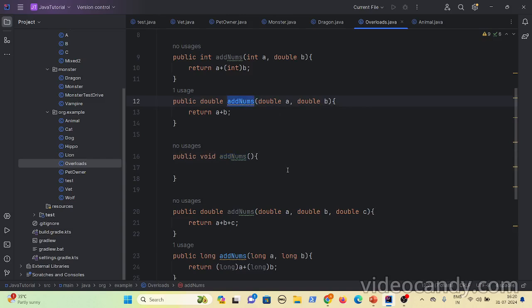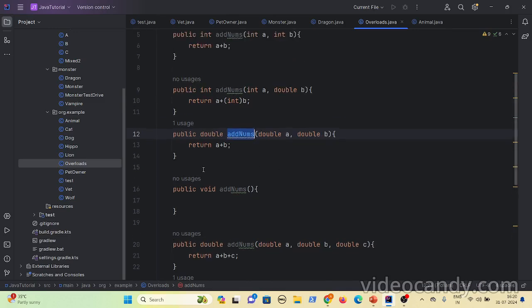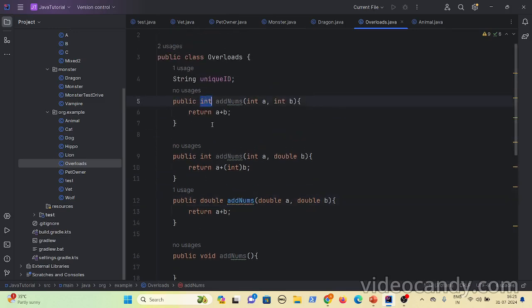So if you have a difference in the number of parameters or the type of parameters, you can say these are overloaded methods. And coming to the return type, it should vary only if there is at least a change in either the number of parameters or the type of parameters.